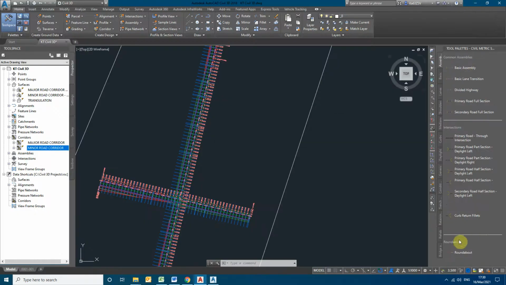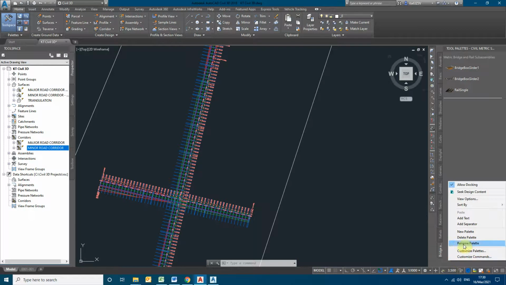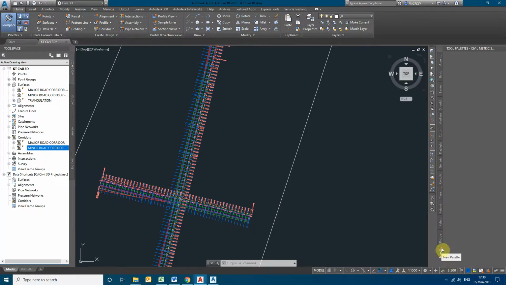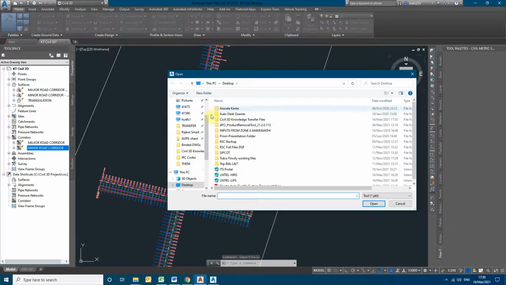Here, you right-click on the tool palette and choose new palette. In this we can add the new palette and import subassemblies and components. We can open the source file where we had saved it.